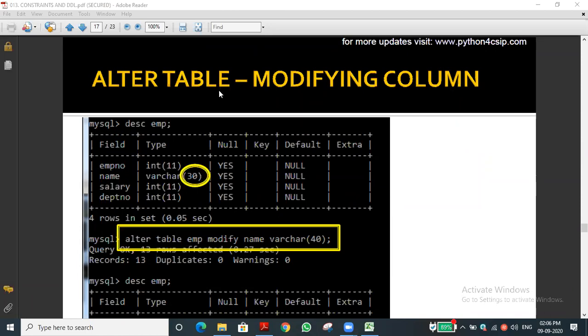So how to modify the column? That is, modifying the column definitions. There are some restrictions that we have discussed twice in the previous classes. What is the meaning? We have to change the data type from one data type to another, and many restrictions are there. For integer, we can convert from tiny int or small int to int or big int, not an issue. But big int to tiny int is not possible. Big int to small int is not possible. That is not recommended.